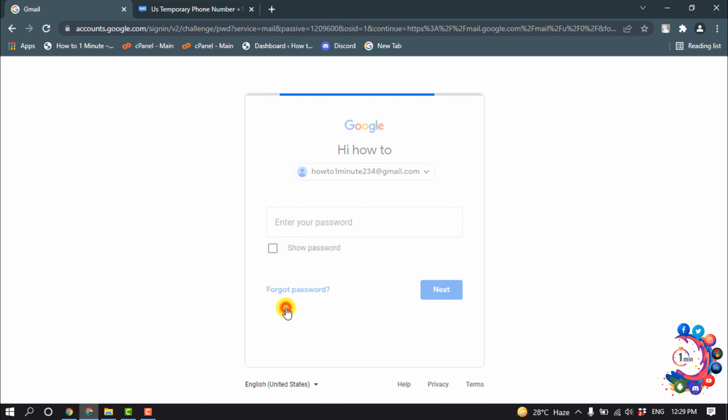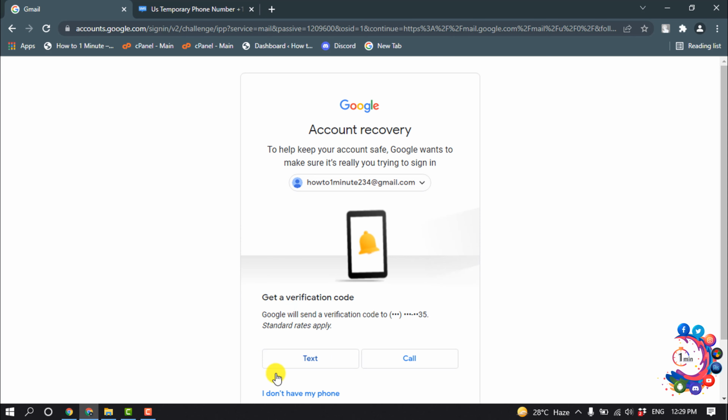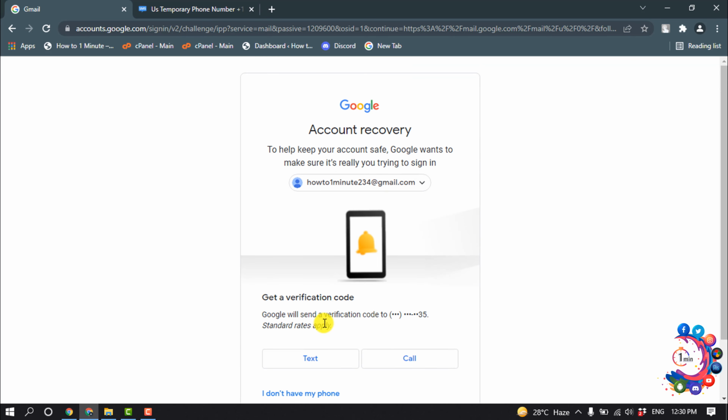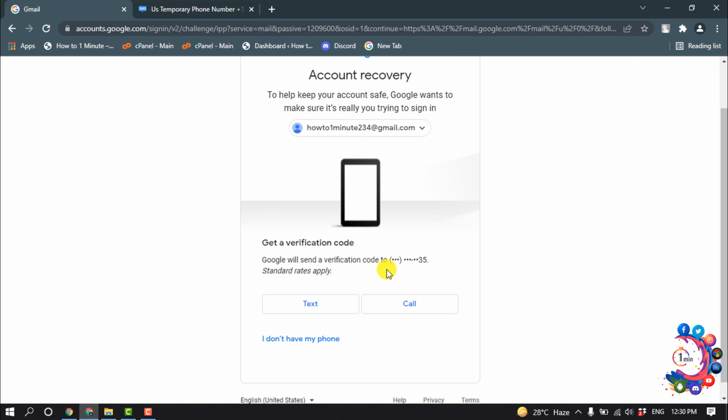Clicking on forgot password, and here we can see Google will send a verification code to your phone number. So if you forgot your Gmail password, you must have your phone number to get the verification code to reset your Gmail password. So I have my phone. Now I'm clicking on text,